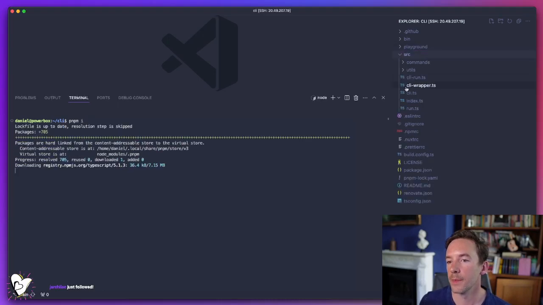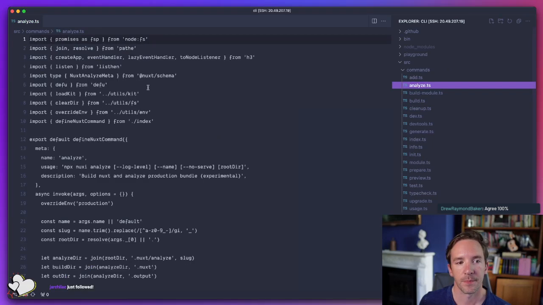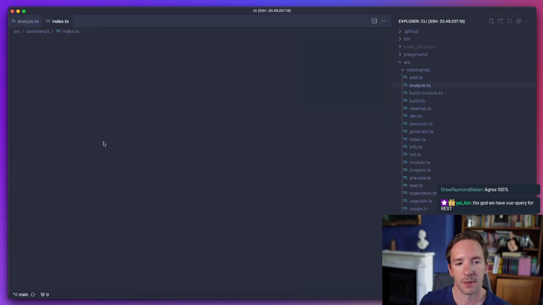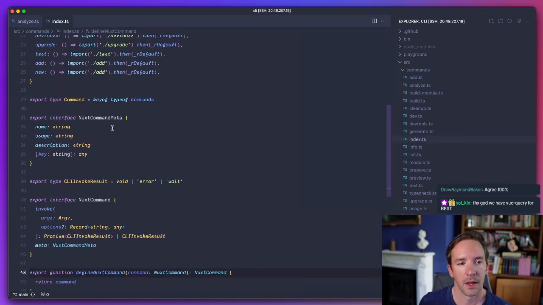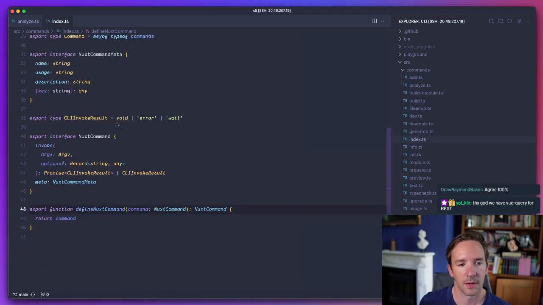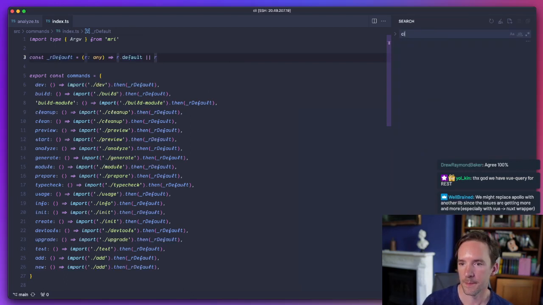So the initial CLI is rewritten using Citty. So Citty is what this defineNuxtCommand here is using. Wait a second. Where are we? Why is this not using Citty?